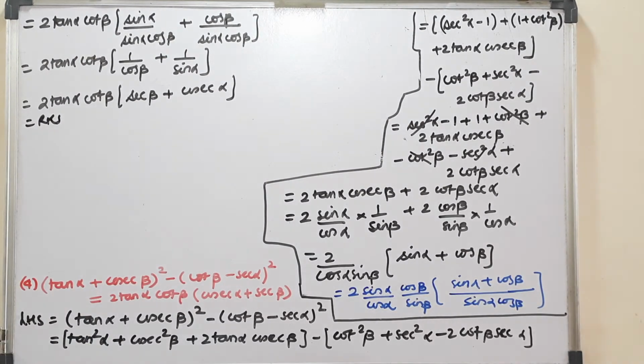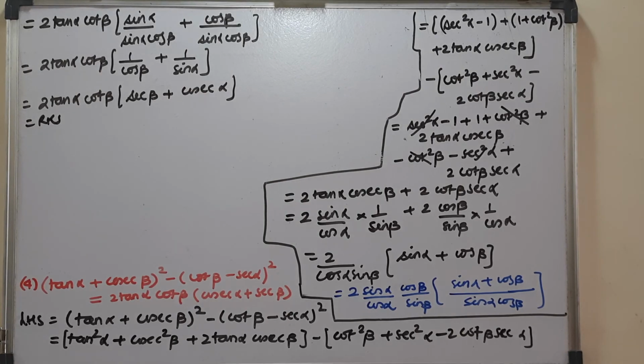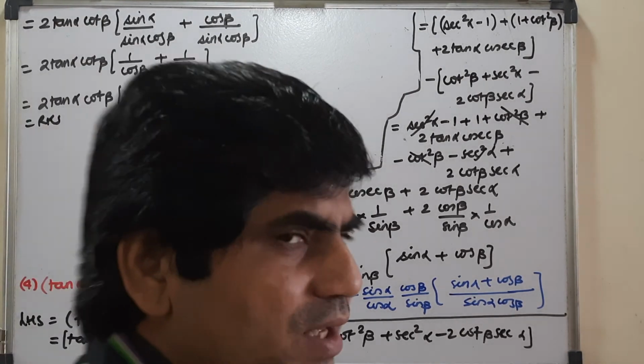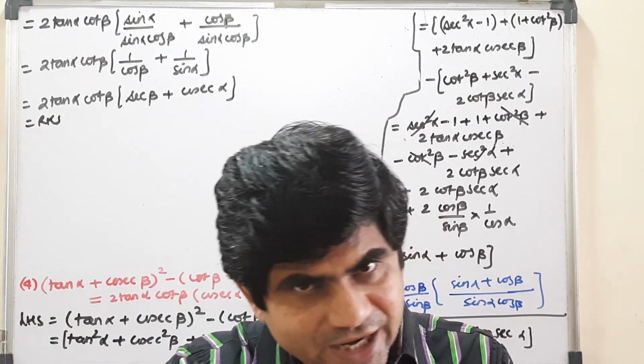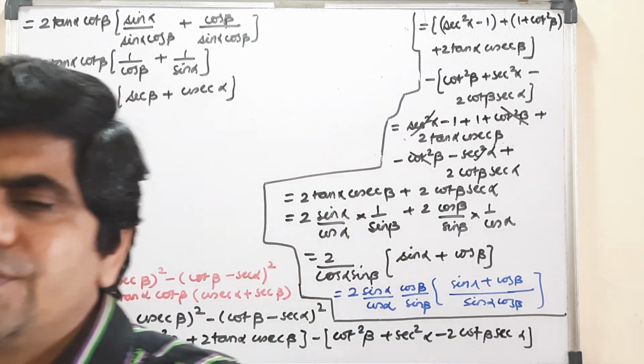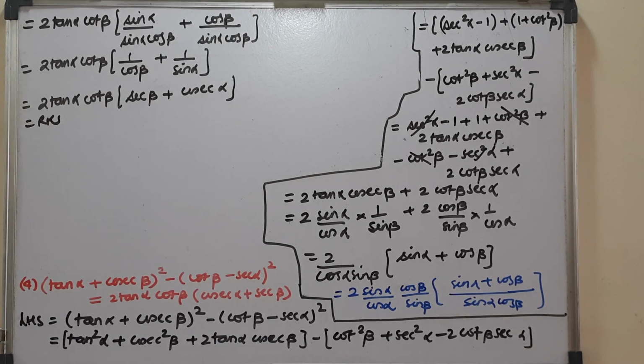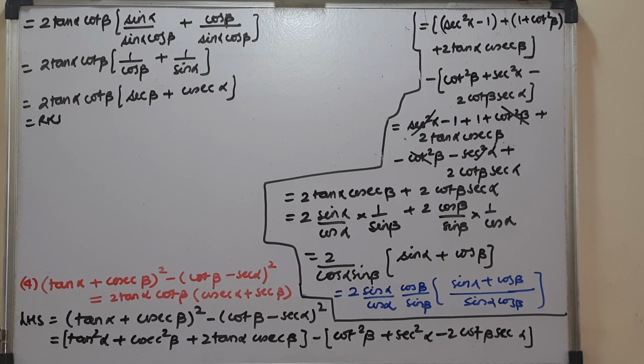The only thing you will have to think about when you try to solve is to make a plan and then solve. But if you try randomly also it comes. Trigonometry is such that you must go on solving, you will get the desired result. I hope you have understood it nicely.